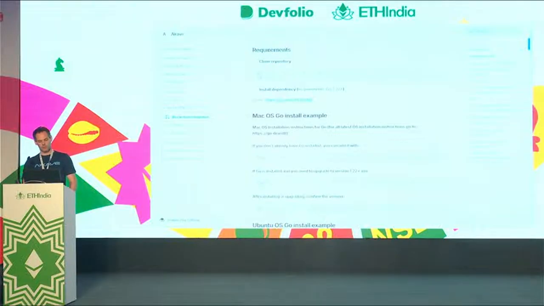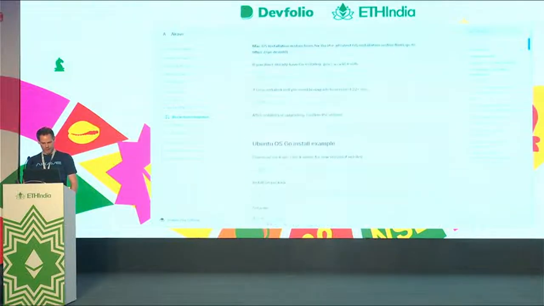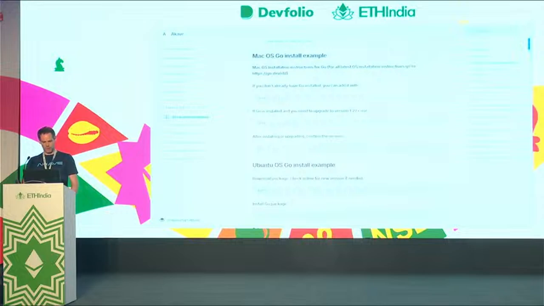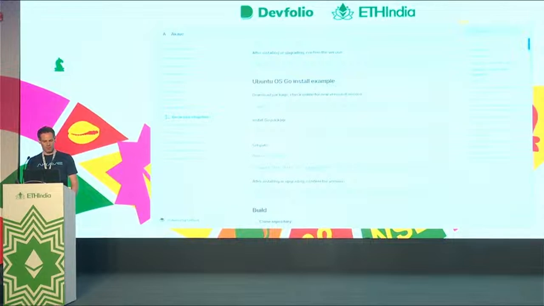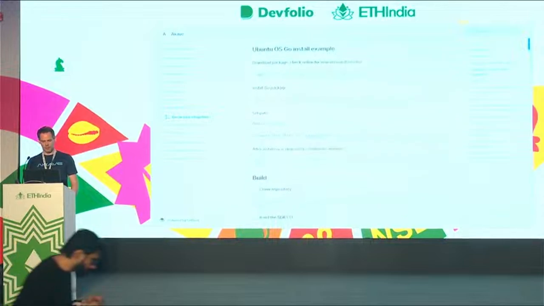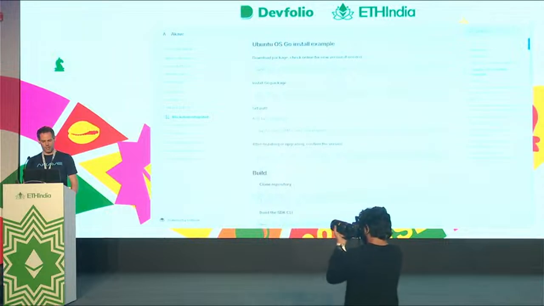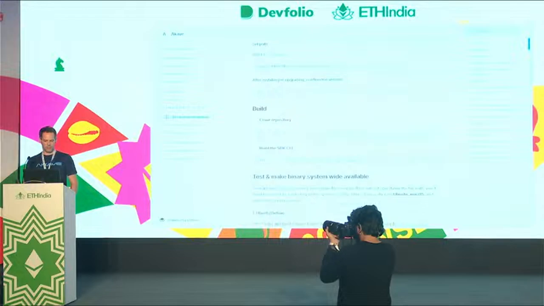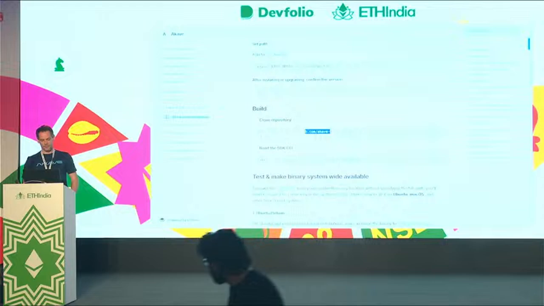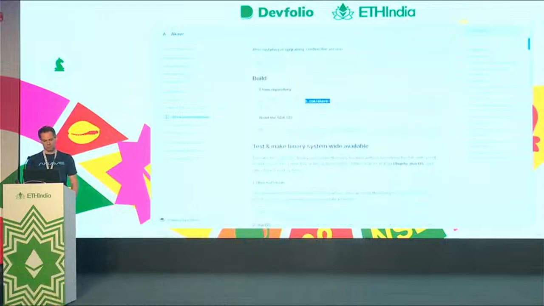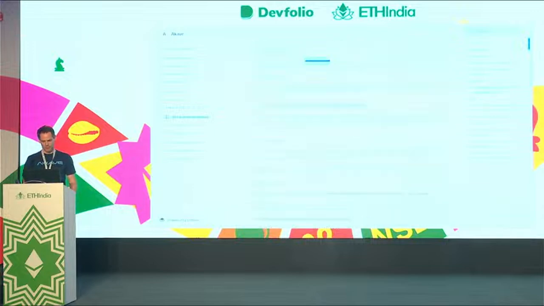Version 122, which you can install. We added a really easy to use Mac OS example and an Ubuntu OS example, which is very step by step, very easy to go. Don't forget to always add your path here, because that will give you some issues later. And then it's really easy. Our GitHub repo is public, so you can download it right from there and quickly build it. It takes around 30 seconds to 1 minute to build, depending on your internet connection. So that should be fairly quick.